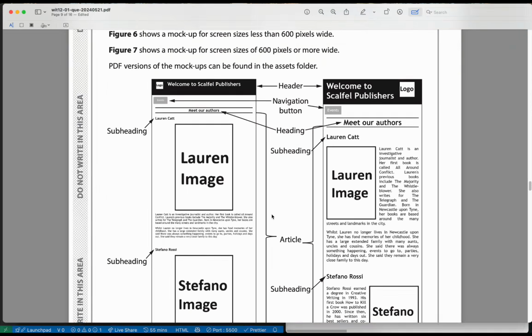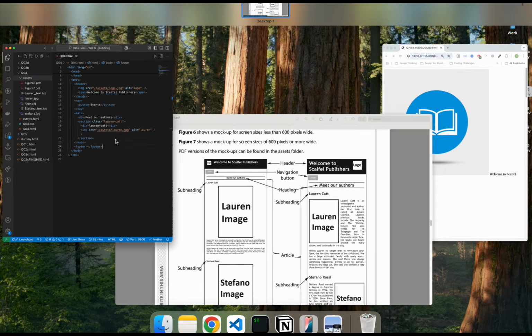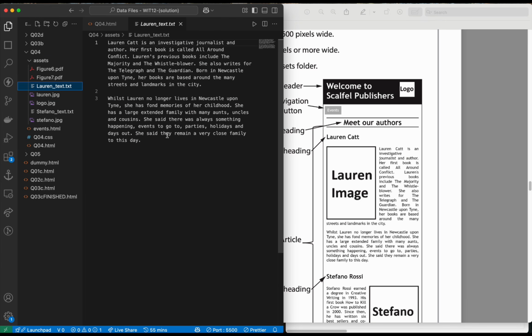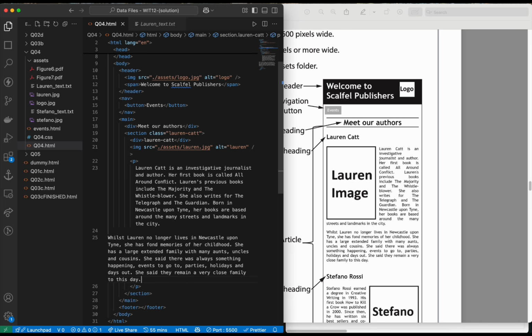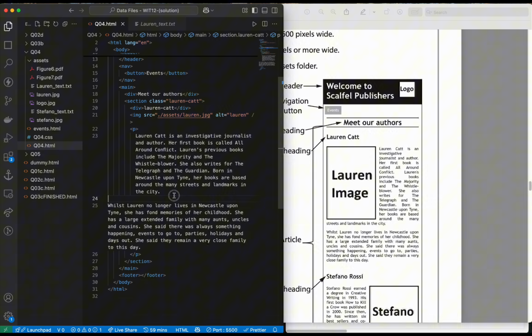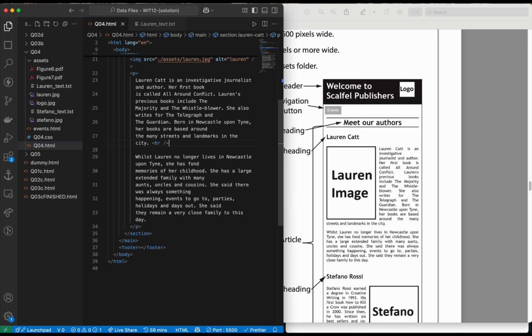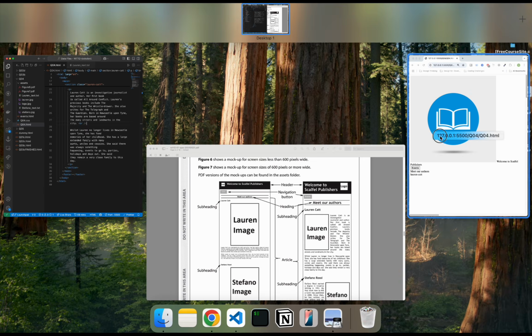So the image is done. After that we have to use the text, so maybe we also have the text. Yes, this is the text for Lauren. What we can do here is just copy this one, go to the section images, go to the p tag, then paste it here, and then in this one you can just add the br tag. Save it, it will look like this, right? See,